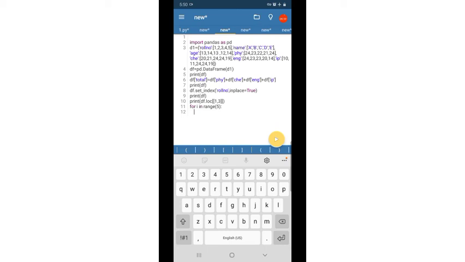Then we can print df.loc square bracket i. So we can write 1 to 6, because here the index values start from 1, as we have set the index as roll number. So it goes from 1 to 6 minus 1, that is 5.